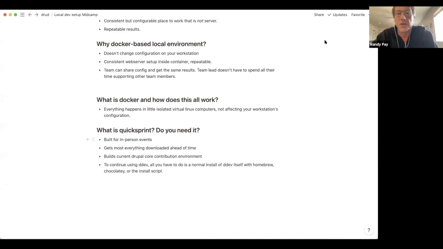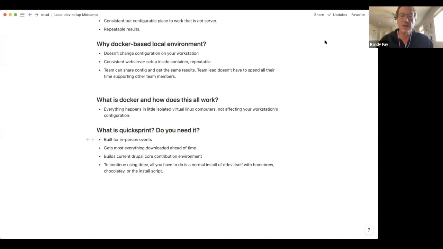And this is the same with DDEV, Lando, or Docksal. At Docker, essentially, DDEV and all the other tools essentially use Docker Compose to start little isolated virtual Linux computers. They're like several little Linux computers running inside VirtualBox or wherever. I mean, that's not exactly the technology, but that's the easiest way to think about it.